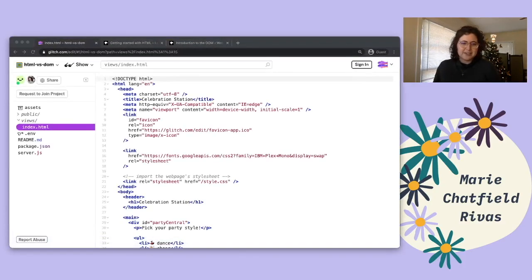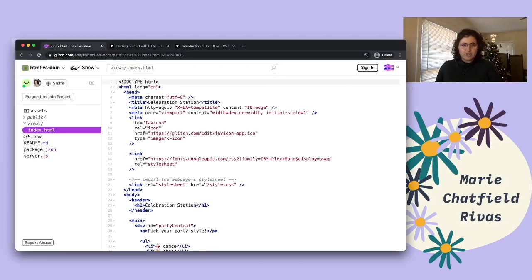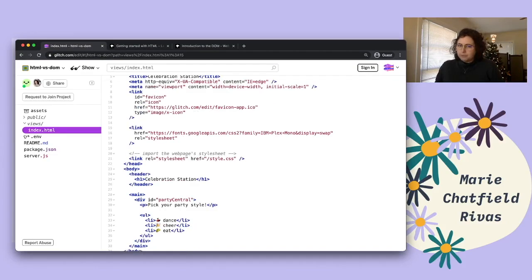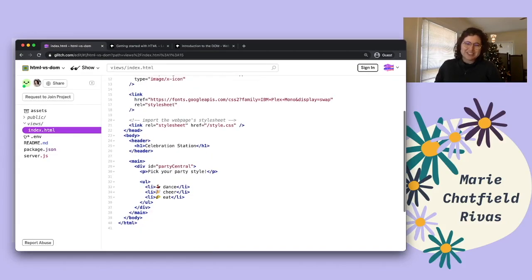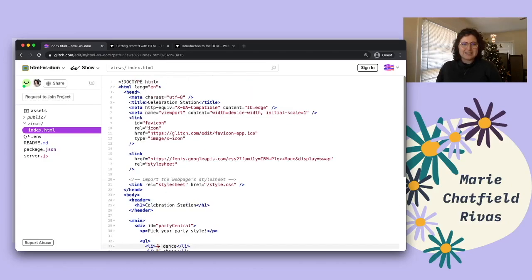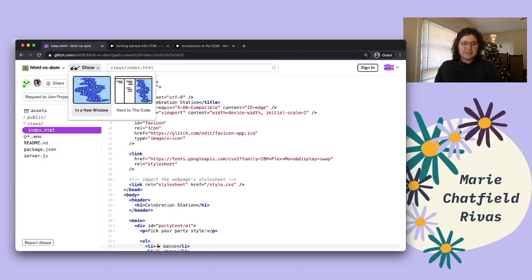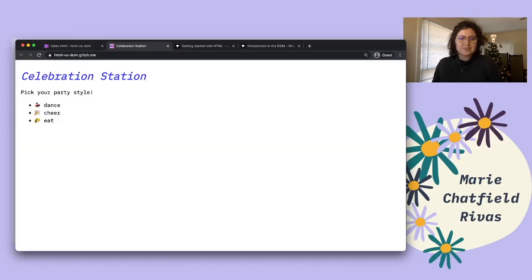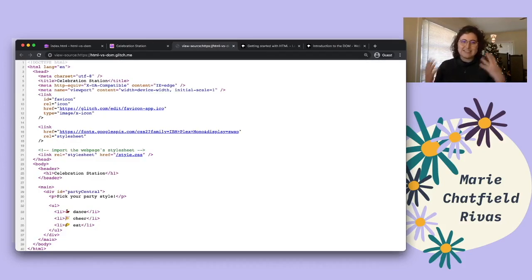So why don't we take a look at some code? I have here this lovely little Glitch app, and it has an HTML file, which looks really similar to the code that we were just looking at. We can see down here that we have this list and all of the elements. So let's go ahead and look at this in a new page. This is what we would expect to see. If we view the page source, we're going to see that this is the exact same HTML file that we saw that the server was going to render.